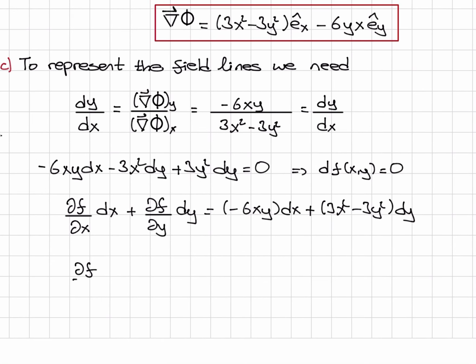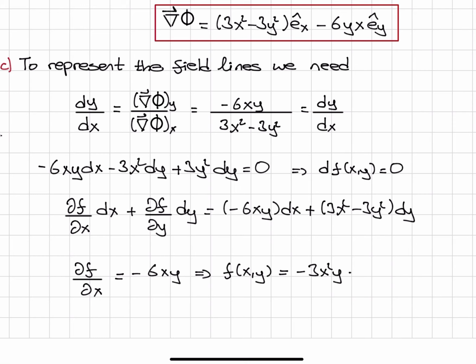So del f del x must be equal to minus 6xy, which tells us that if I take an integral with respect to x, f of xy is of the form minus 3x squared y plus a function of y. So the derivative with respect to x is 0 for this one. For the derivative with respect to x here, it's minus 6xy. And then the partial derivative of f with respect to y must be equal to